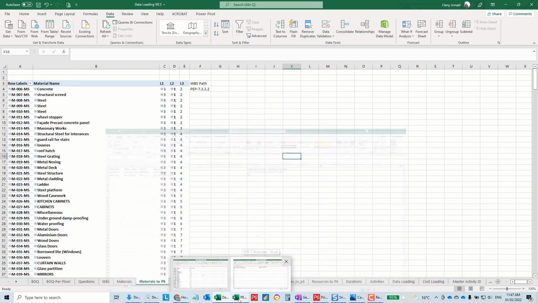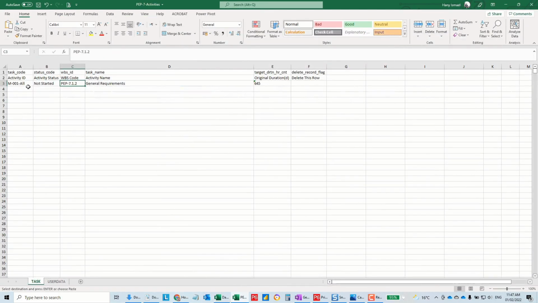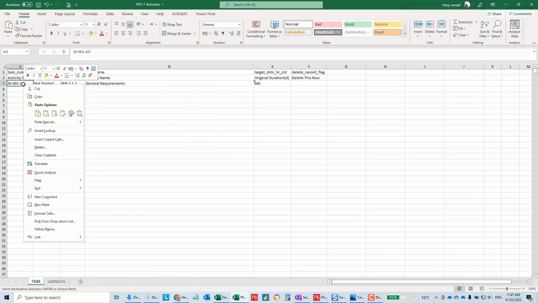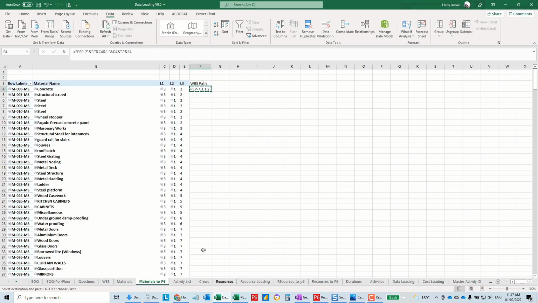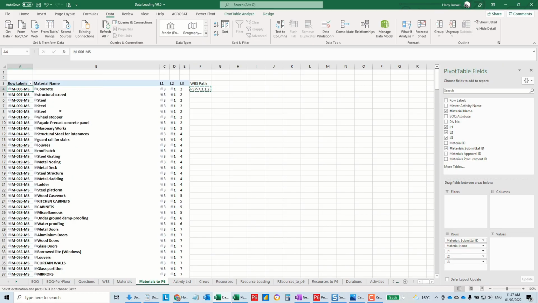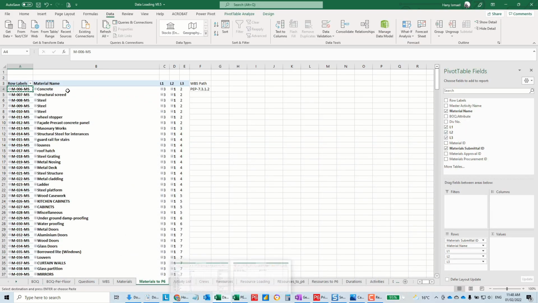We agreed that all the material submittals will be 10 days, so I'm going to copy the activity ID here, not started, the activity ID, then not started, here the activity name,